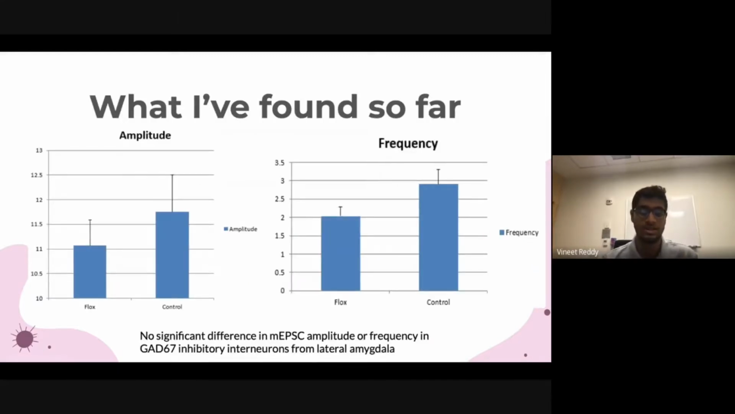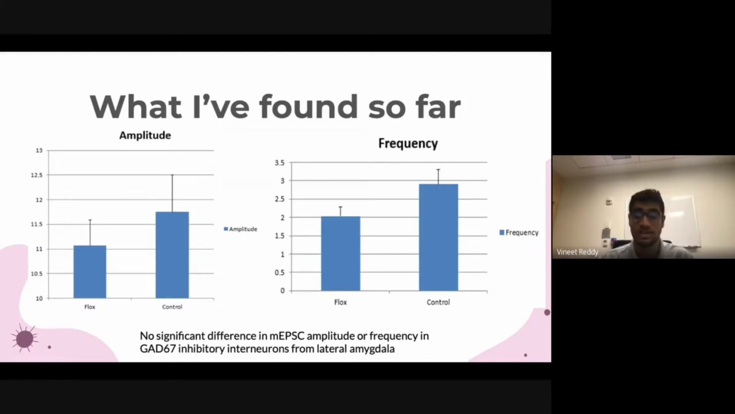So what I did is I used this method of electrophysiology to patch on to inhibitory interneurons within this brain area called the lateral amygdala, which is responsible for inputs into the amygdala. And the amygdala, if you don't know, is important for a lot of emotional regulation. And so what I found is that there is no significant difference in the mini excitatory currents that these inhibitory